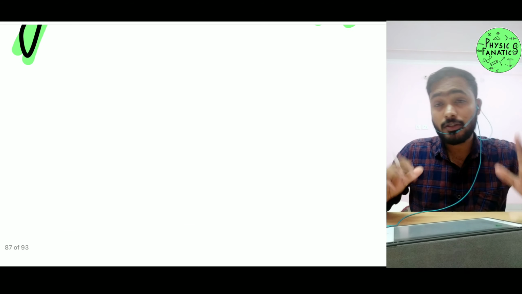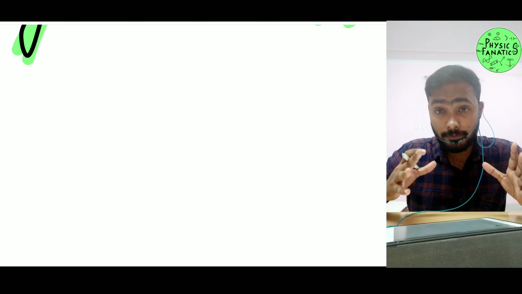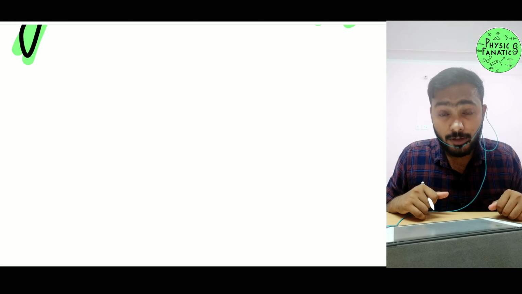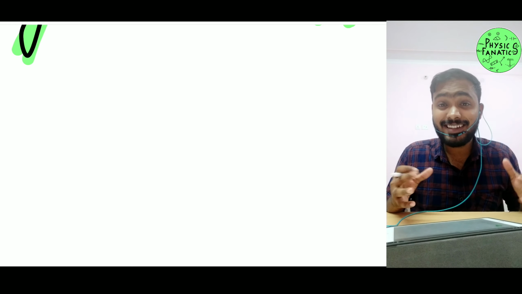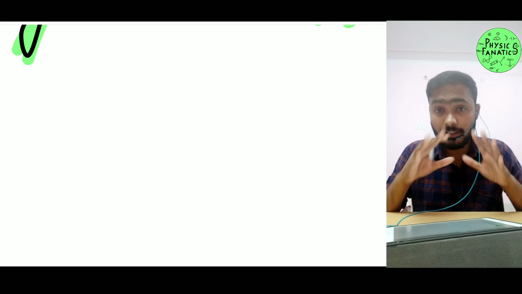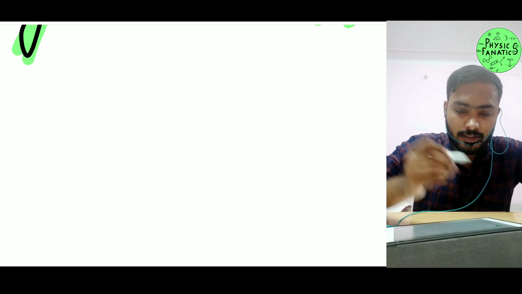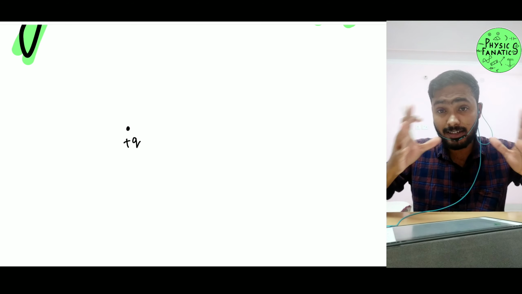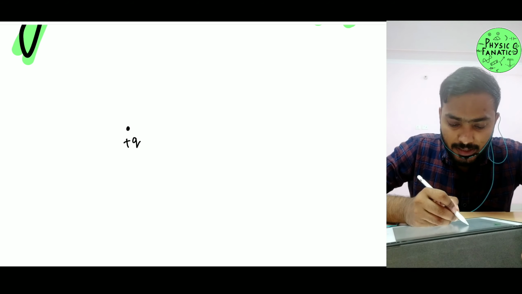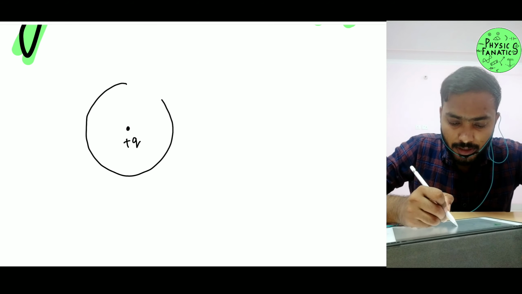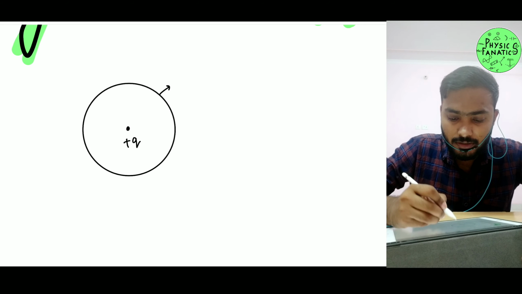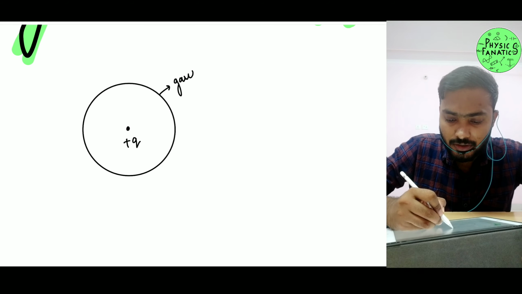Before we start this video, we have to do a quick recap of what Gauss law was. Gauss law stated that the net flux that is passing through any closed surface can be given as 1 upon epsilon naught times the net charge that is enclosed inside that closed figure. That means, for example, if I have a positive charge q enclosed inside a closed figure, let's say it's enclosed inside a sphere, and normally we call this closed figure the Gaussian surface. So this is your Gaussian surface.